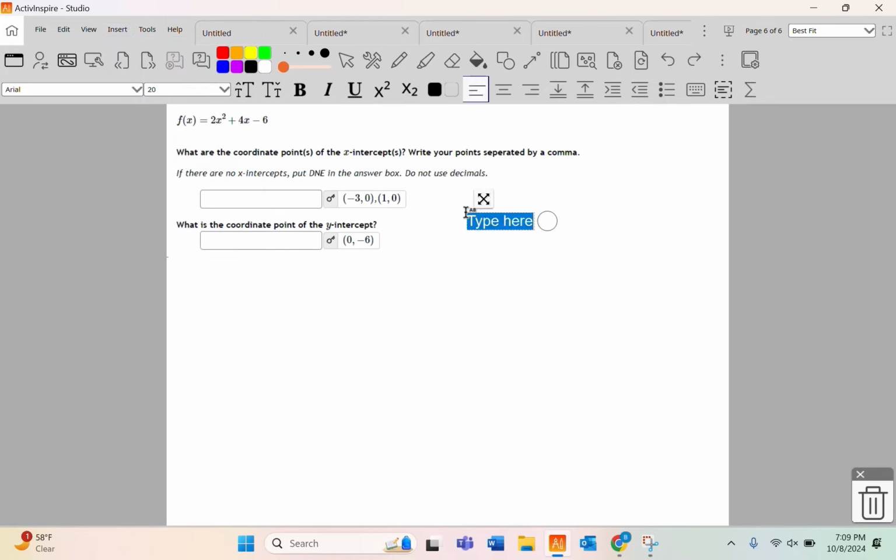Now, when I look at this equation right here, I see that I can pull a 2 from everything. If I pull a 2, I'll have x squared